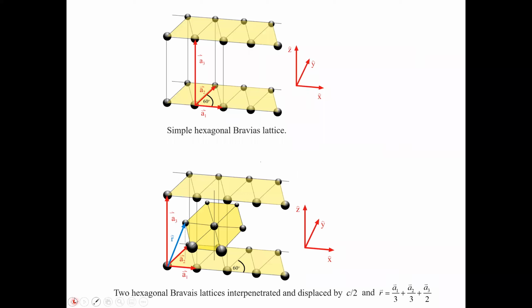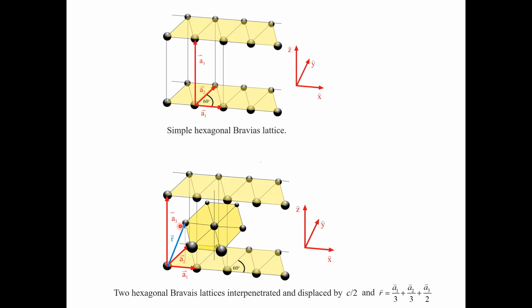So let's take a look. So simple hexagonal Bravais lattice, right? When you form something like this, you will know this angle is 90 degrees. And if you have another plane in the middle of these two, you will see that when you build